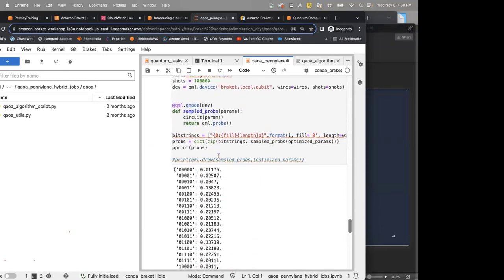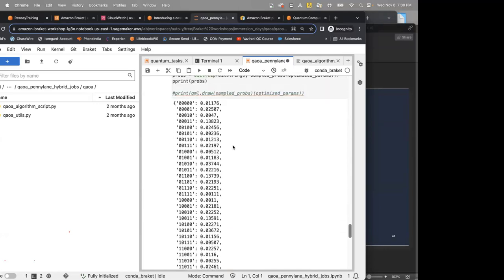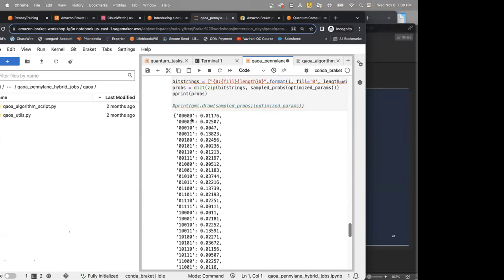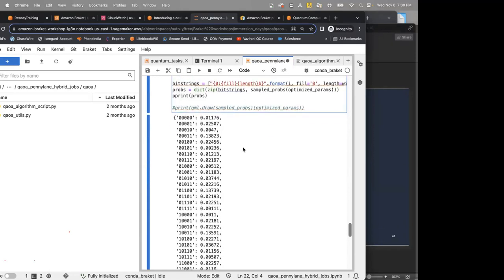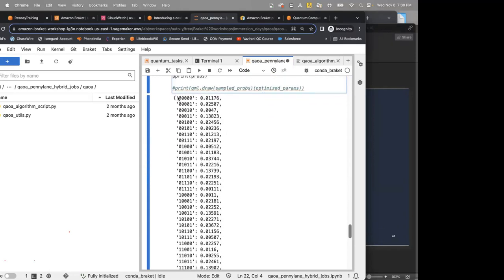Yeah. So now, after running this, what we are seeing here is statistics of all the possible outcomes. Here we took 100,000 shots, and we are estimating the probability of observing each of these samples. These samples represent 0s and 1s, which indicate the cuts. If all are 0, all 0 means there is no cut, right?